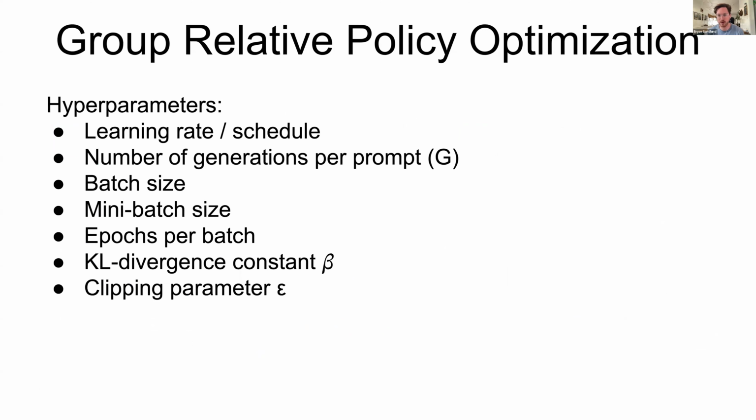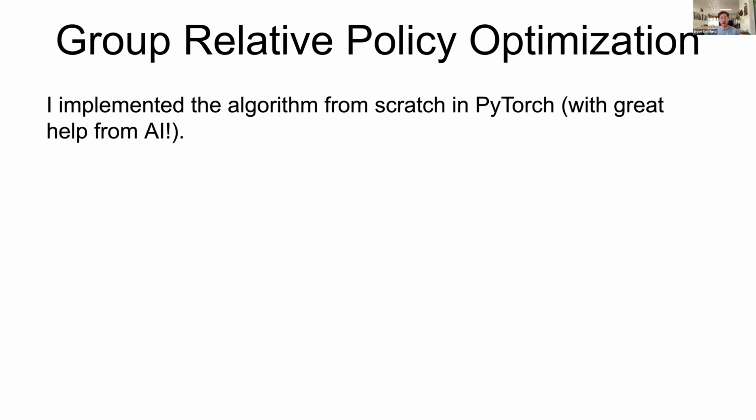So there's a bunch of hyperparameters with GRPO, and this turns out to be quite tricky. GRPO is pretty unstable, and depending on how you set your hyperparameters, a lot of times it doesn't work. And that was my experience. I implemented GRPO from scratch in PyTorch. I wanted to do that because I intend to extend it and tinker with it. But it was also a good learning experience to have all the code in front of me, not from a library, so I know what each part does.